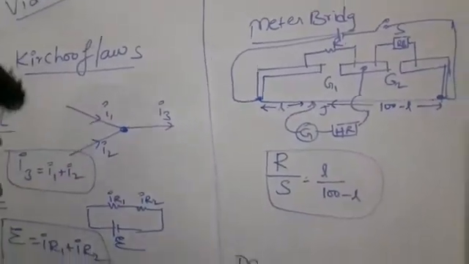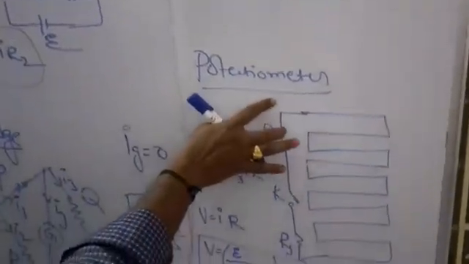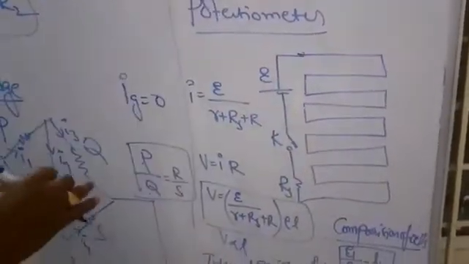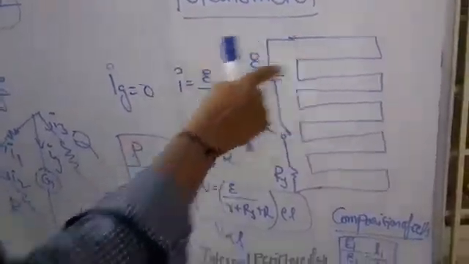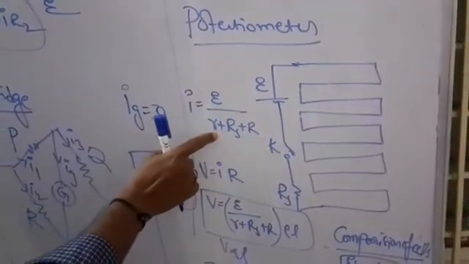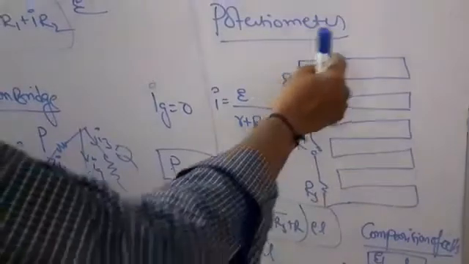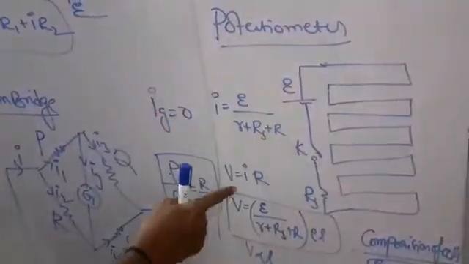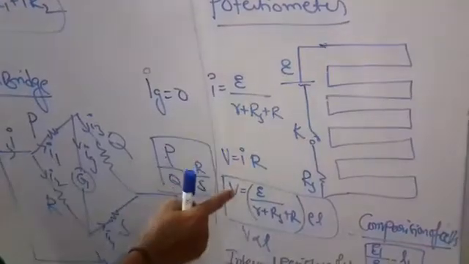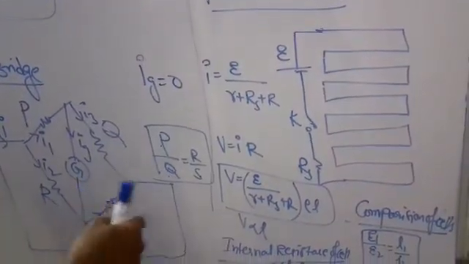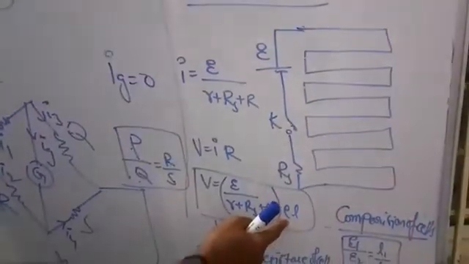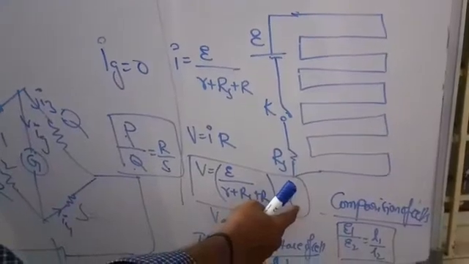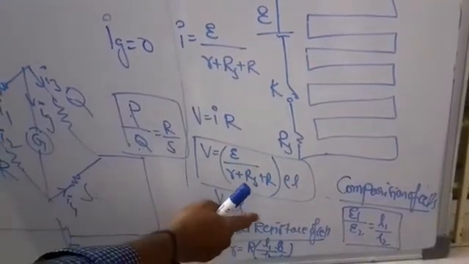Next, the potentiometer. It is a device used to measure potential difference and battery EMF accurately. The current through this potentiometer is total EMF by total resistance: internal resistance, series resistance, and resistance of the circuit, capital R. Then the potential drop on the manganese wire formula is V is equal to IR, where the I value is substituted here. R is the resistance of the manganese wire, so rho into L, resistance per unit length into length. The potential drop on the manganese wire is directly proportional to the balancing length.